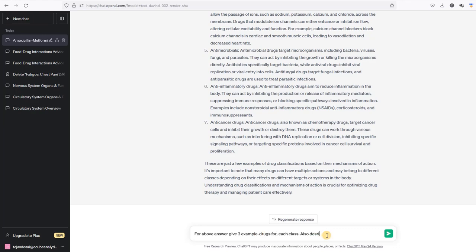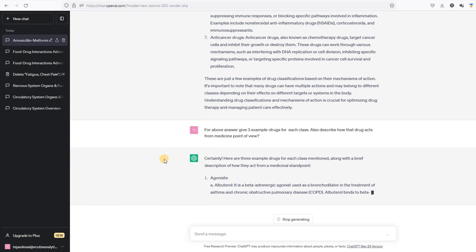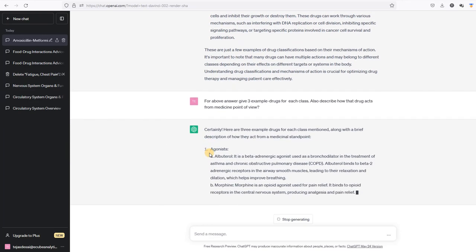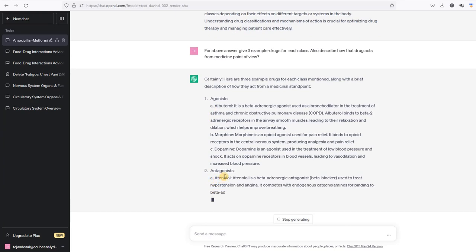And also describe the mode of action, or how that drug acts from a medicine point of view. Now, it is giving three examples of each type of drugs: agonists and antagonists, and